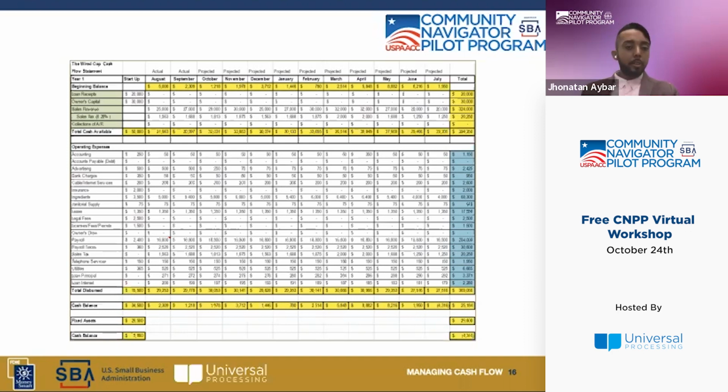And there are some concerns in the cash flow statement. If you go to the month of July, based on the projections, he has a negative projection of $4,316. This means that he will be charged $4,316 in the month of July. He will need to resolve that before then, and he will have to make certain adjustments so that he can proactively avoid that negative number in his cash flow statement. Certain things that he can do, we will discuss in the following